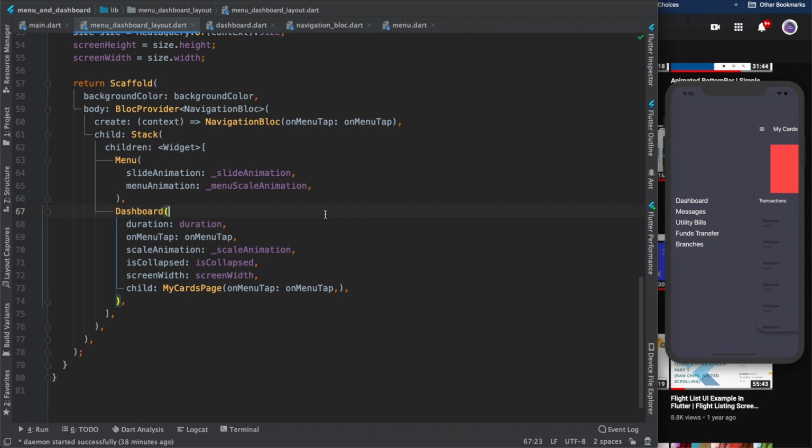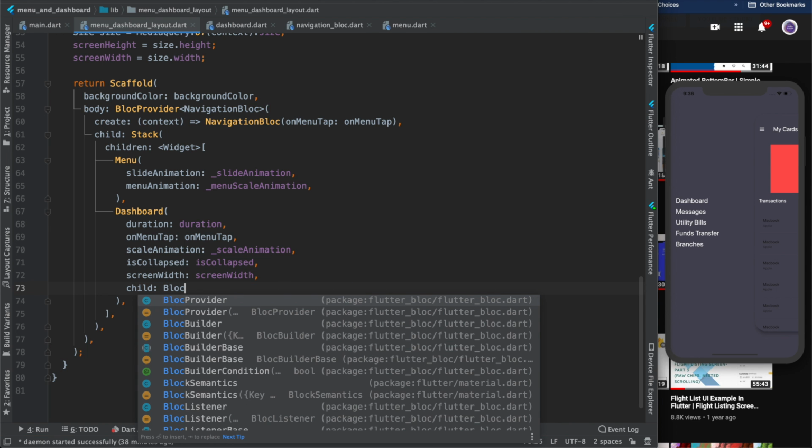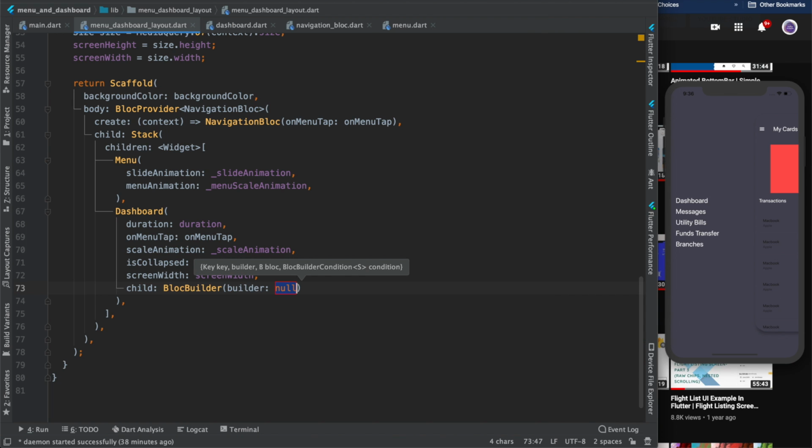Fine, no issues. So we have done the navigation block. Now the block provider will be accessible here. So we want to render my cards page not as a direct one. We want to use it from the block builder basically. Okay, so my builder will be